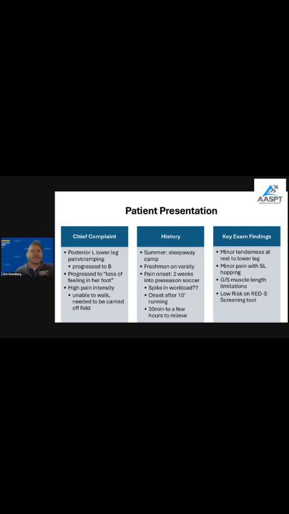So I did ask the father and the mother some questions regarding any screening for REDS, and she came up with very low risk on REDS. Her menstrual cycle was pretty stable. Her onset of menses was pretty typical. She's never had a stress fracture before in the past. She's never been diagnosed with low bone mineral density. And her eating patterns tend to be pretty good, she has a good relationship with food. So it didn't seem like something that was on my radar, but that's something that you always want to screen